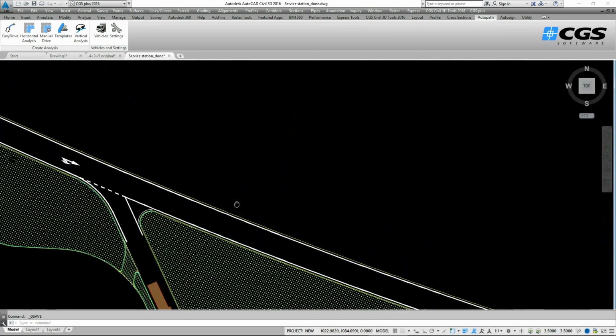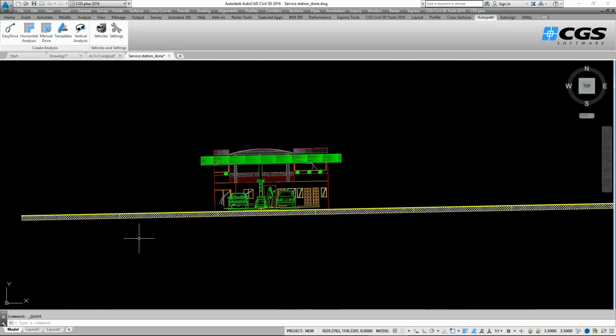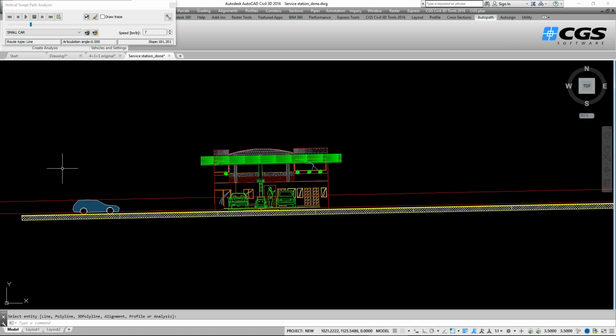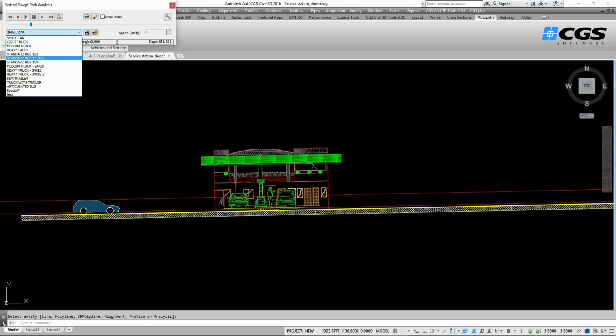So we have a profile or section of the service station or a petrol station here, and so we'll start the vertical analysis command, select the path for the vehicle, and I have to select the special transport vehicle from the list,